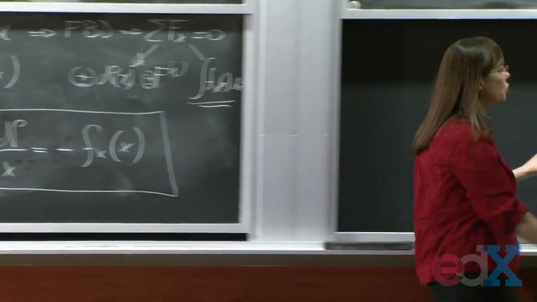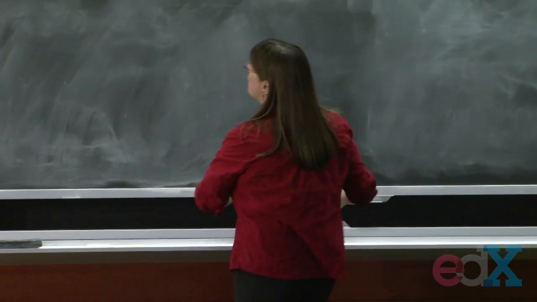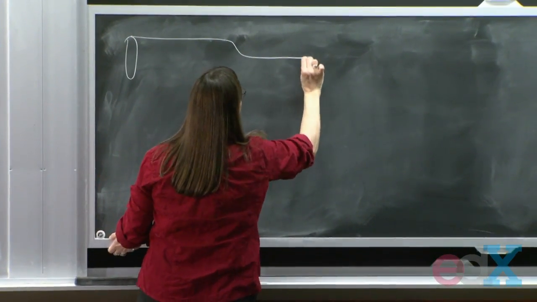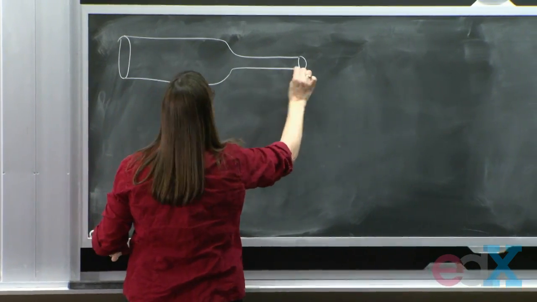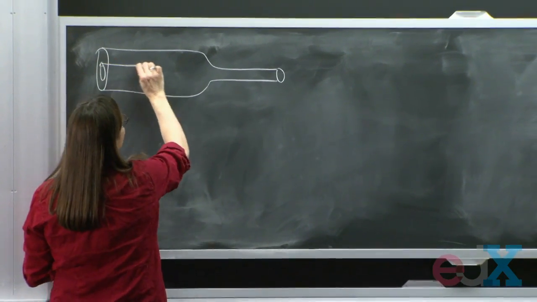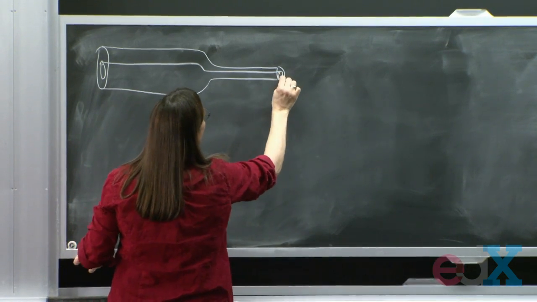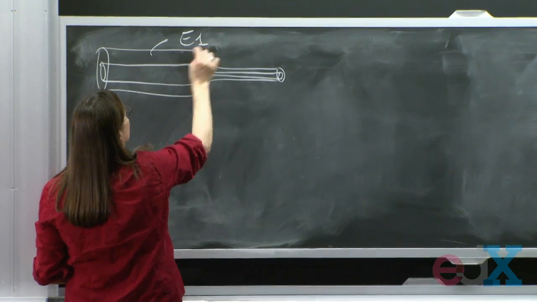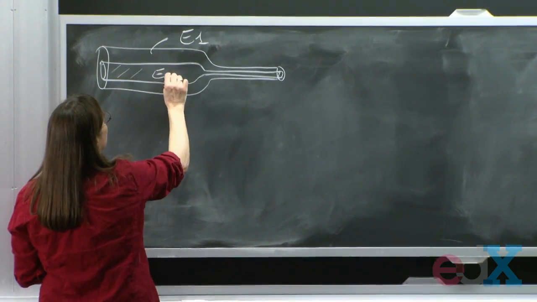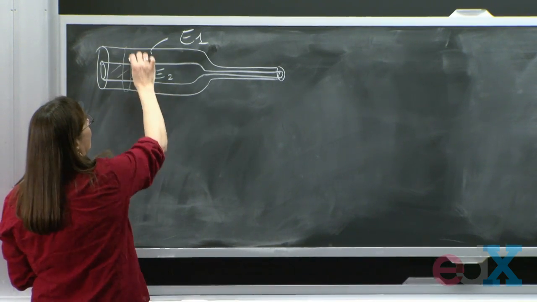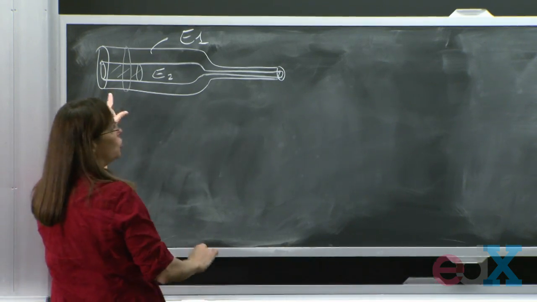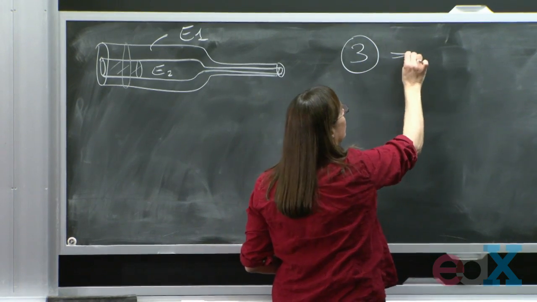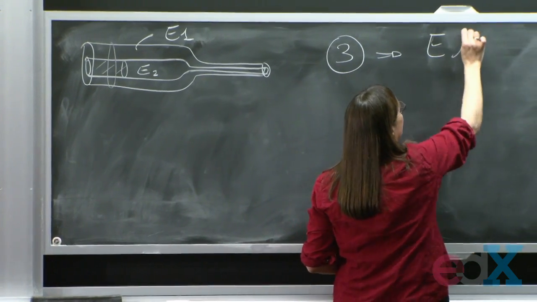So the next thing that you do is you just look at materials and geometry. So if this is your bar, and you have, as I was saying, something inside which is of different properties like that. So maybe this is modulus E1, and maybe the material inside is modulus E2, and then you're going to have different cross sections for the two materials. You use all this information to do part 3, which is obtain EA